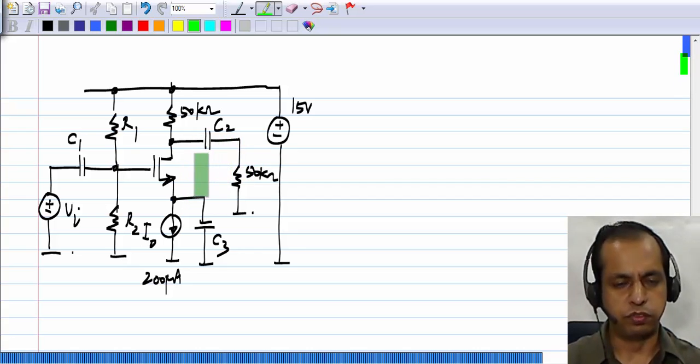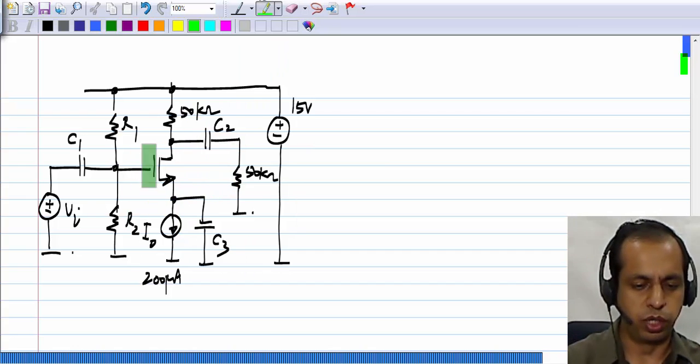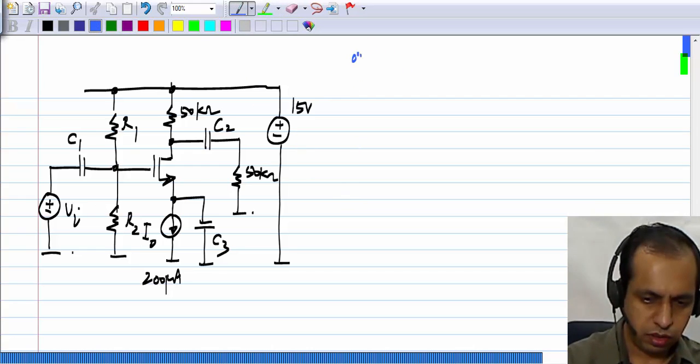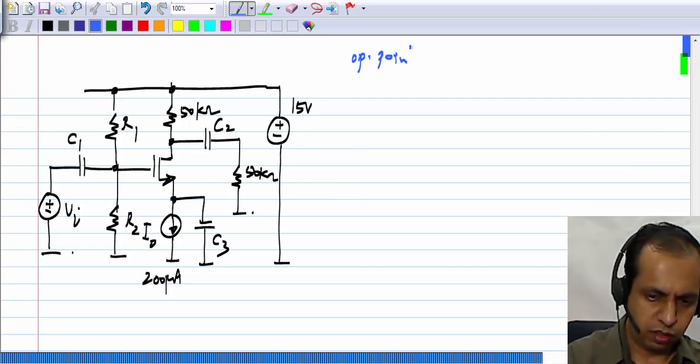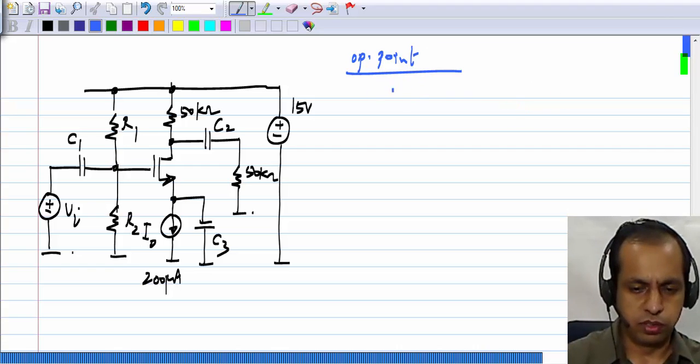So the first thing we have to do is to evaluate the total quantities in this. That is the operating point plus the incremental values. I have shown the full picture here. What I will do first is to write down the operating point values. The operating point values are